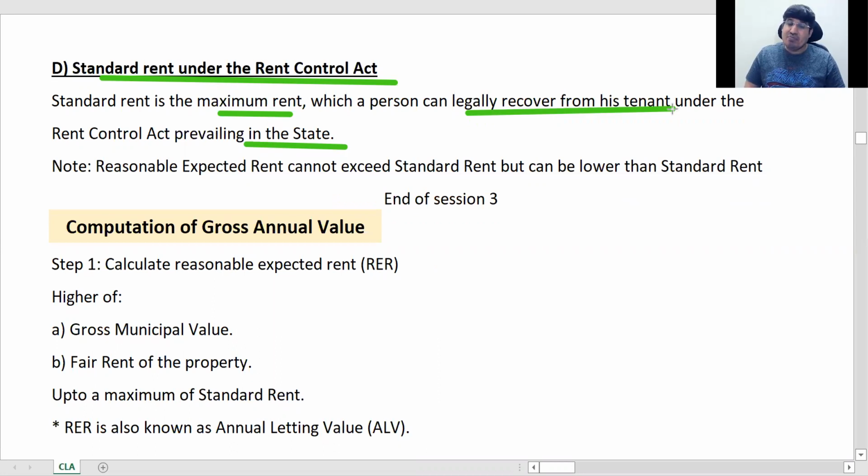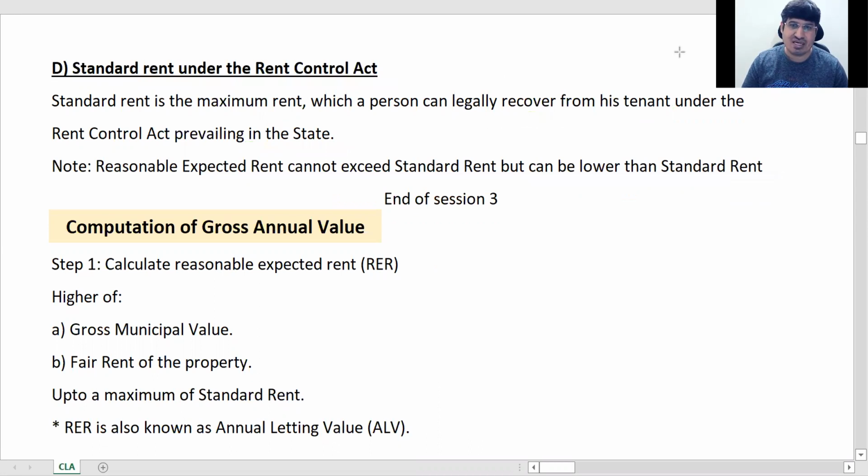So your rent can be below standard rent. Remember, it can be lower than standard rent. It cannot only exceed, right? It need not be equal to standard rent. Okay, ठीक है, समझ गए ना? स्टैंडर्ड रेंट एक मैक्सिमम रेंट बताता है, इसके ऊपर आप नहीं ले सकते, नीचे ले सकते हैं, चलेगा, इससे कम ले सकते हैं, ठीक है। यहाँ तक हम किए थे, तो मैंने थोड़ा आपको इंट्रो दे दिया ताकि